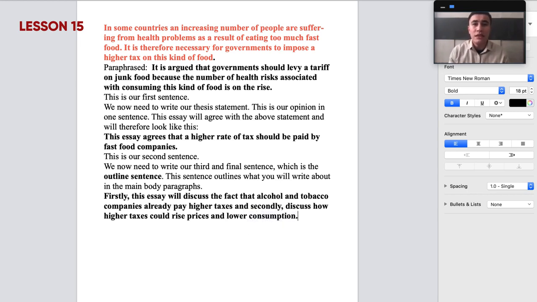As you can see, our outline sentence here is a bit different from what we have learned before. But still, I decided to include our ideas in our outline and say that firstly, this essay will discuss the fact that alcohol and tobacco companies already pay higher taxes, and secondly, discuss how higher taxes could raise prices and lower consumption. So, our full introduction